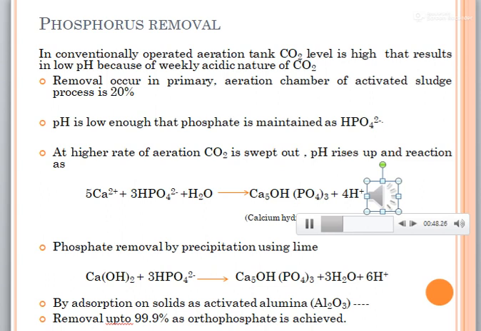phosphate ion. However, at a high rate of aeration in hard water, the carbon dioxide is swept out, pH rises, and reactions such as the following occur: calcium reacts with the phosphate ion and water, converting into calcium hydroxyapatite. The precipitated hydroxyapatite or other form of calcium phosphate is incorporated in the sludge flocculation. Thus, under anaerobic conditions, when the sludge medium becomes more acidic due to higher carbon dioxide levels, the phosphate returns